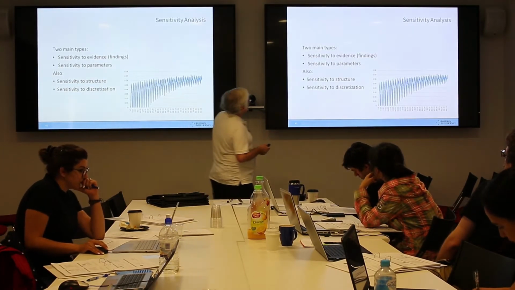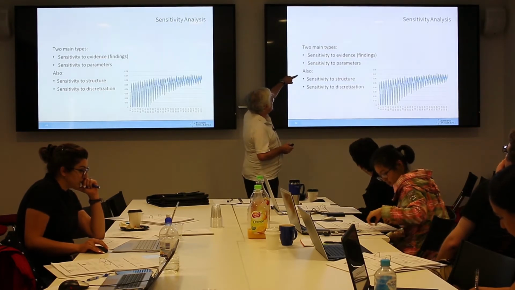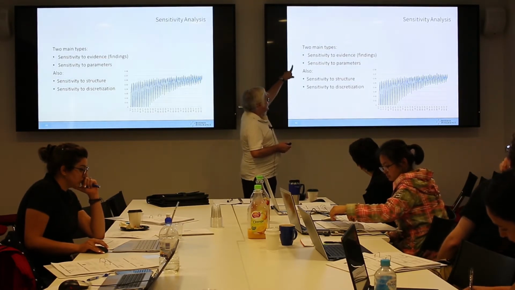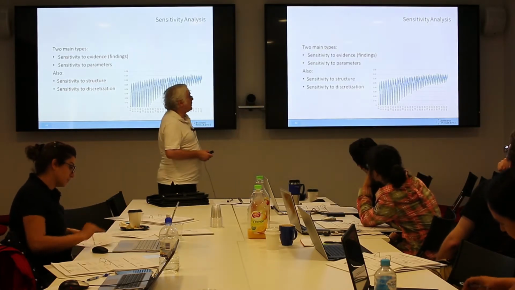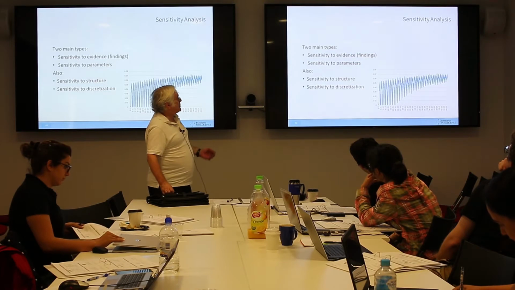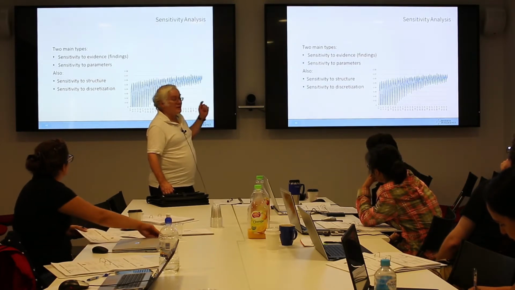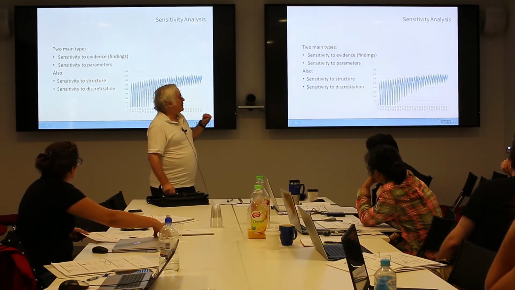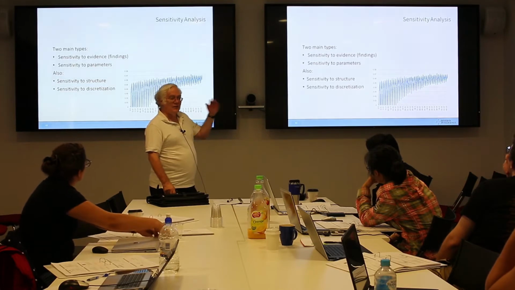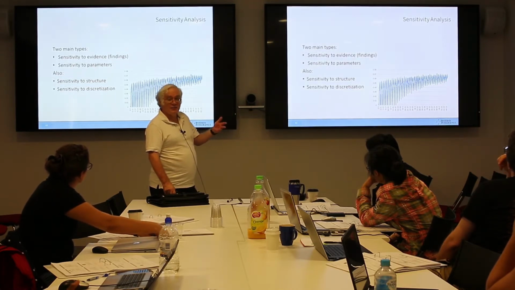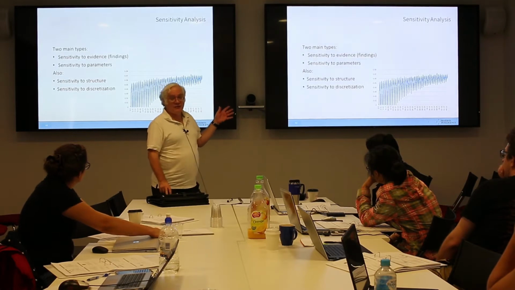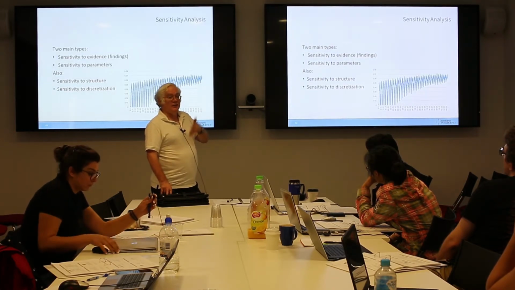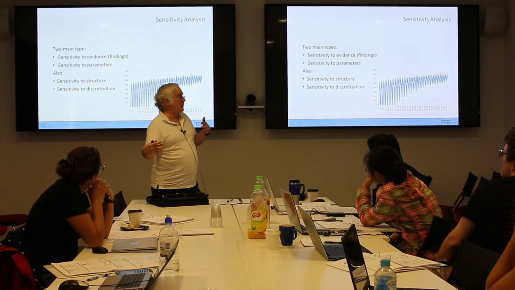Okay, so here's some discussion of sensitivity analysis. There's sensitivity to evidence, sensitivity to parameters. Those are very commonly supported in these tools. That just means instead of poking the network one at a time with your mouse and clicker, which you can do, of course, setting a variable to this value and then to this value and observing, you can ask some of the tools anyway to just run through the range of possibilities and tell you, for some target variable of interest, what happens to it when the whole range of values is observed.